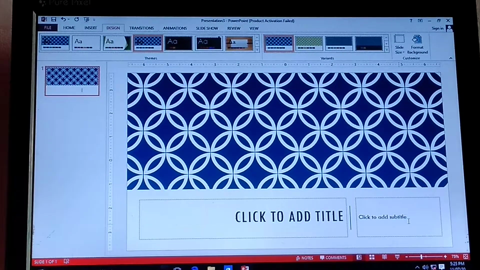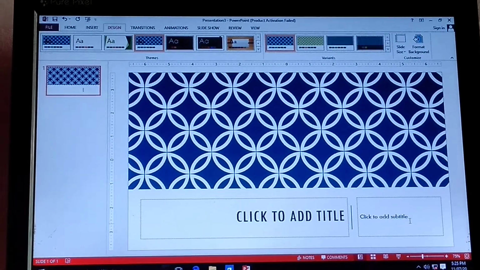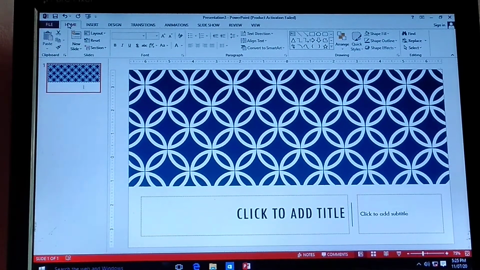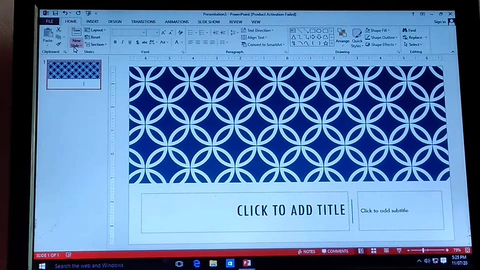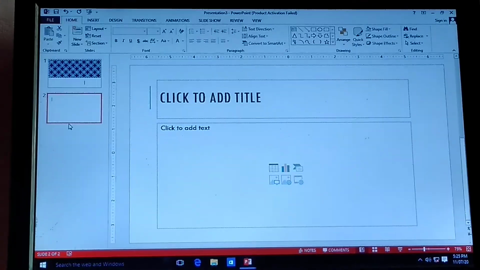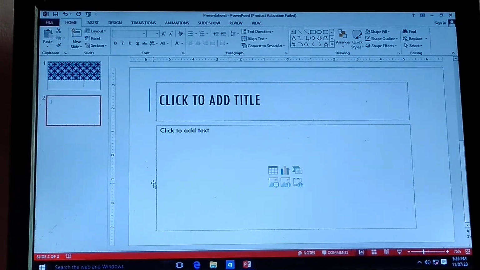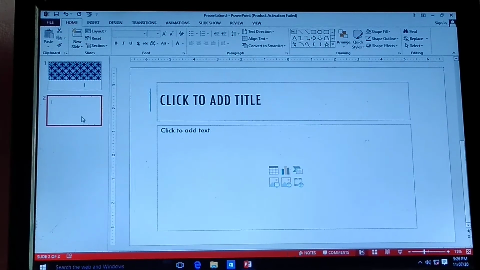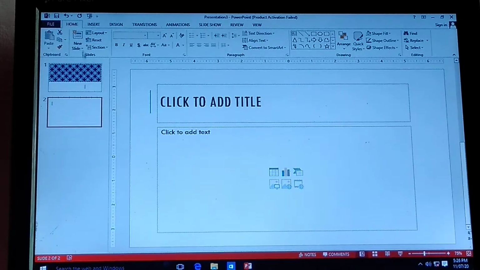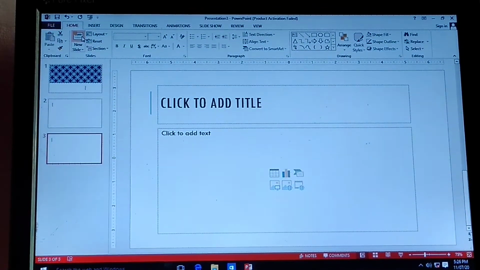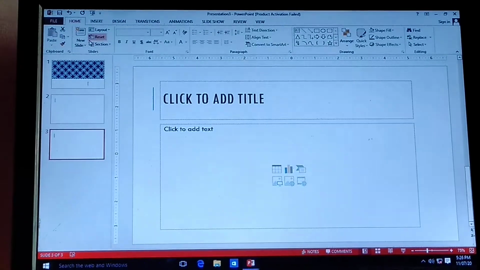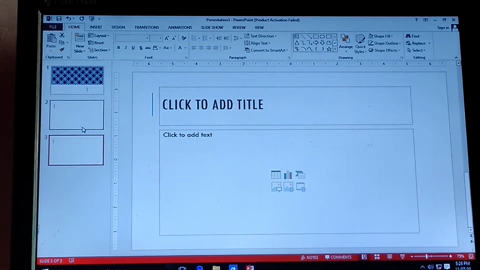Now, how to add a new slide to a presentation? Again, you have to click on the Home tab, then click on the Slide group. Or you can directly click on New Slide. In this way, your slide will appear and it will show in the navigation pane. Can you see that? Simply click on the New Slide button and in this way your slide will open.